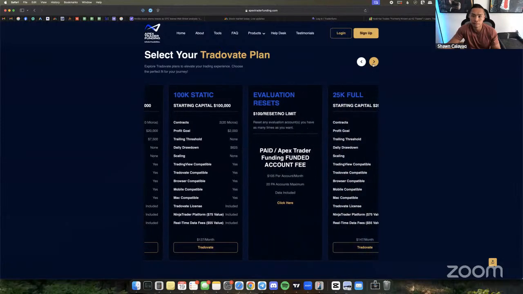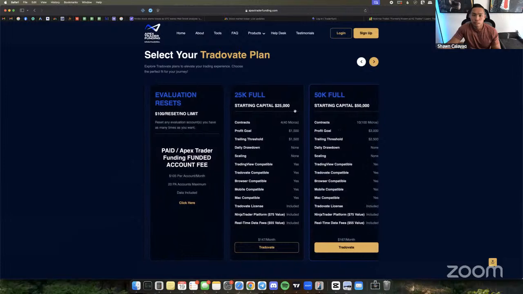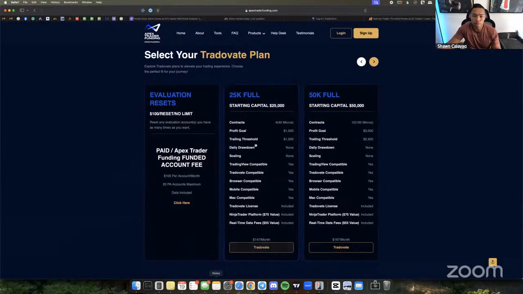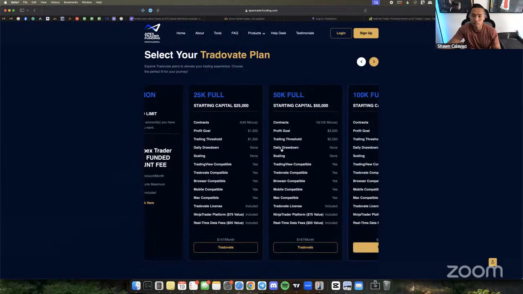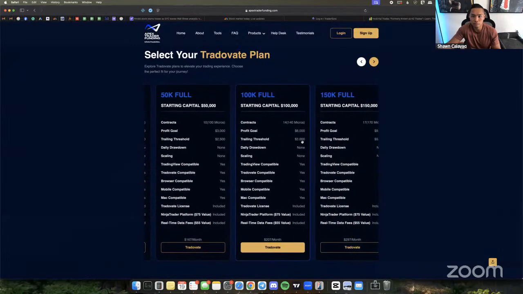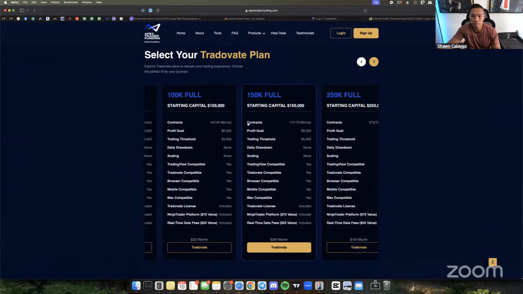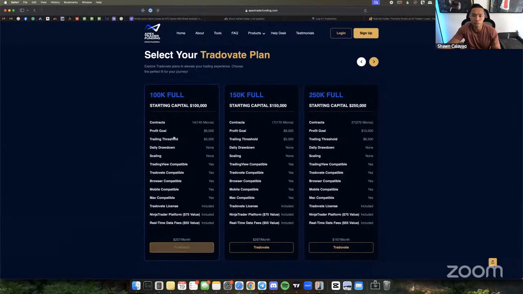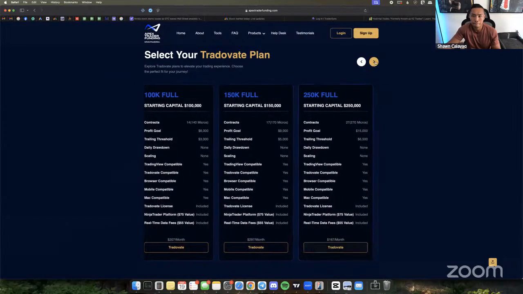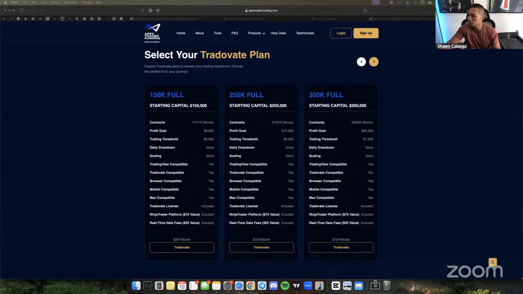You can probably pass a 50K or a 25K. For 25K, it's 1,500. You can basically pass a 25K with one trade. If you wanted to take an MES, you can basically max out your contracts and then pass it in one trade. Say the 50K over here, it kind of changes a little bit. It goes from 3,000 to 250. And then as you go higher, it starts to get smaller and smaller. This is 3,000 for 100K, 5,000. What I mean by smaller is the spread between the profit goal and the trailing drawdown. So it depends on your account size, but for the most part, that is where it'd be set at.